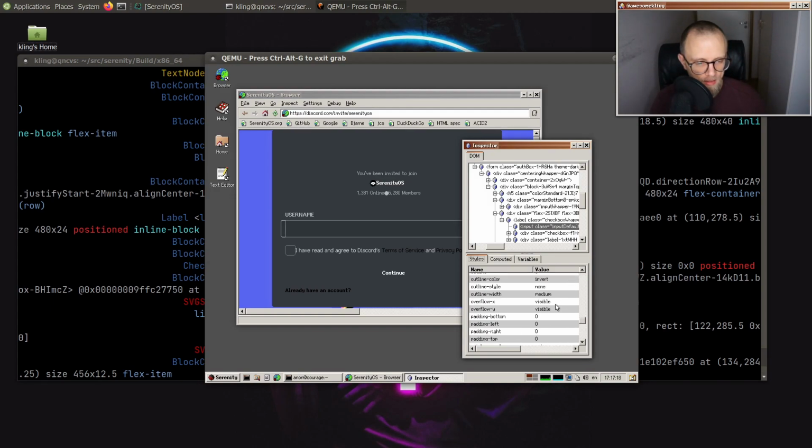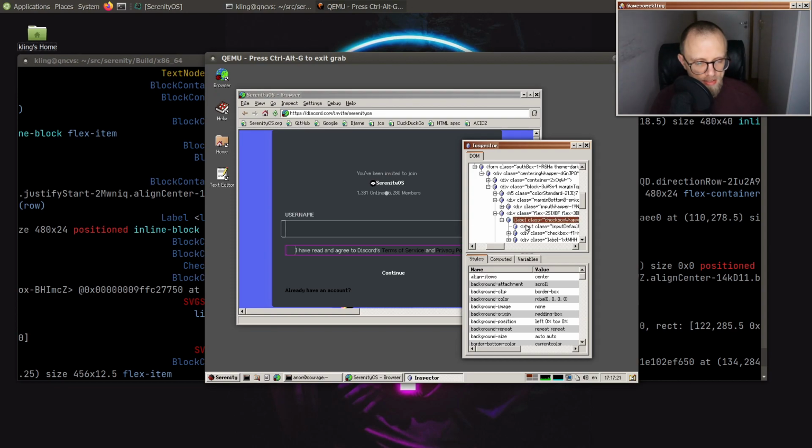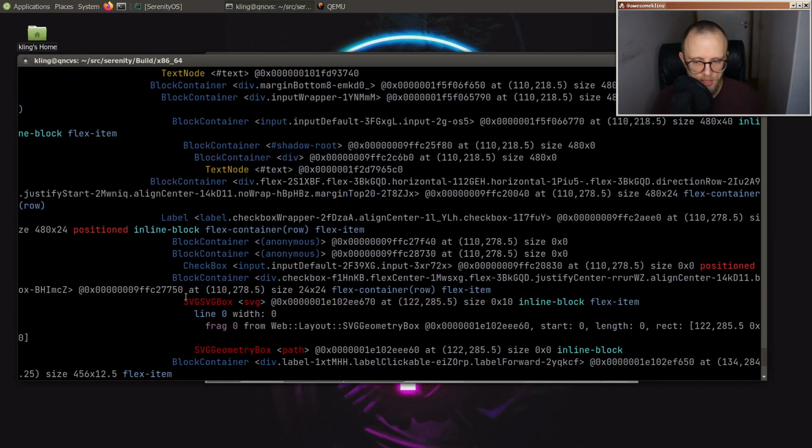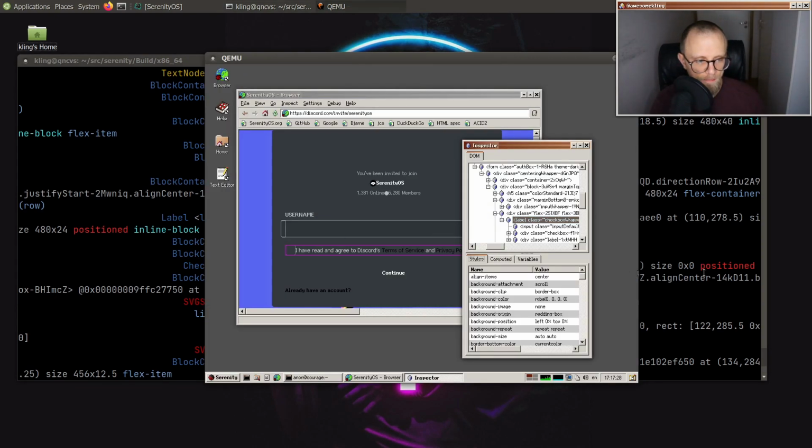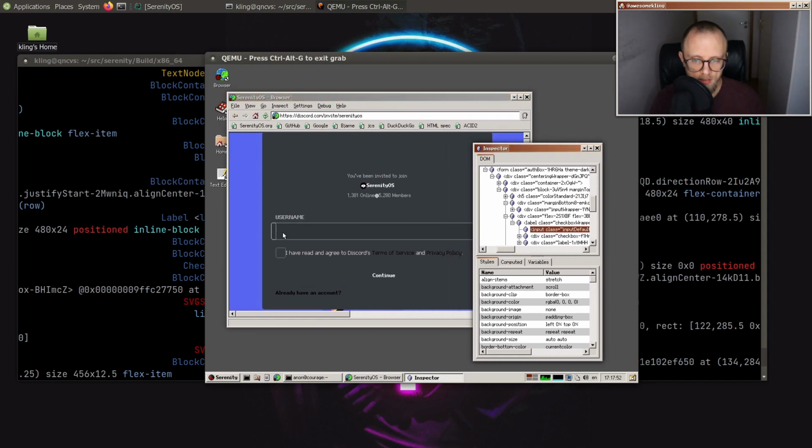And then it's interesting that it's inside of a label. Because even if the checkbox itself has 0 size, we should be able to click on the label and still activate the checkbox. And I wonder if that works. Also, we're probably supposed to fire some event when you click on a checkbox. And I could imagine that that's not happening because,